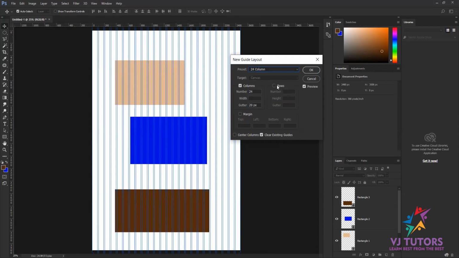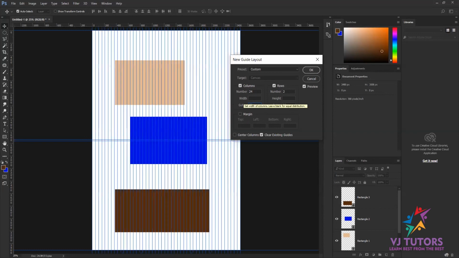If I click on row, you'll get a row as well. In the row or in the column, we have an option called gutter. Gutter means the distance between two guidelines, either two columns or two rows. If you see here, we have that particular distance. If I increase that distance, it'll automatically change on the same points.